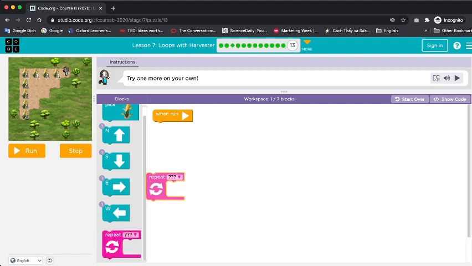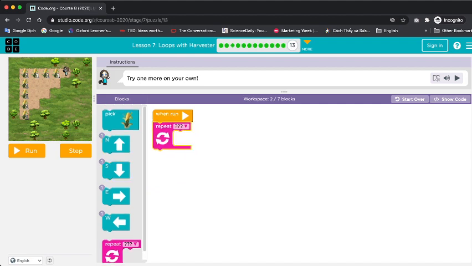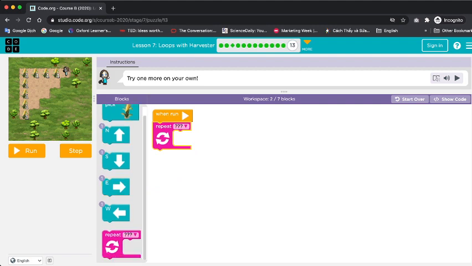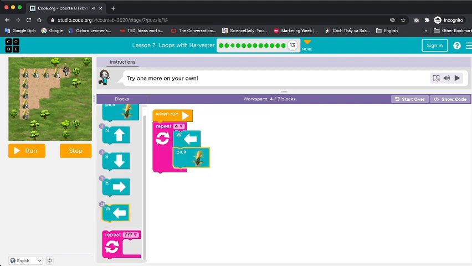So I will grab this repeat loop here, and we need to carry on this process 1, 2, 3, 4 times. We need to move to the west, right, and pick the corn. And when we finish moving to the west, after that we have to move to